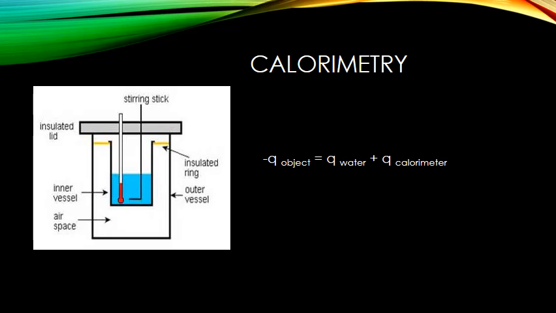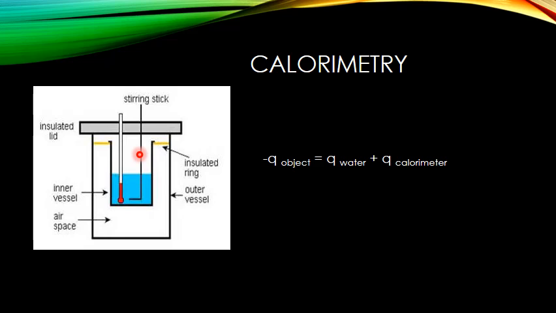One of the things that we did in class this week is we used calorimeters and did a calorimetry experiment. And a calorimeter is basically a vessel, here's a picture of it, a vessel that has two containers. It has an outer vessel, some type of insulation. In this case, there's an air space. In ours, we used calorimeters that had styrofoam as an insulator. An inner vessel here, and then that's filled with some type of liquid, usually water, and you can have a stirring stick and then you would have a thermometer